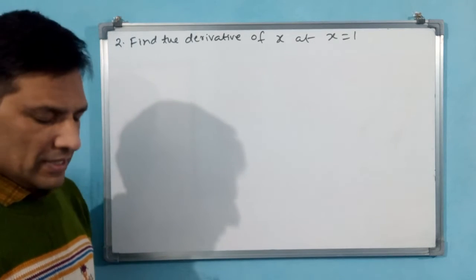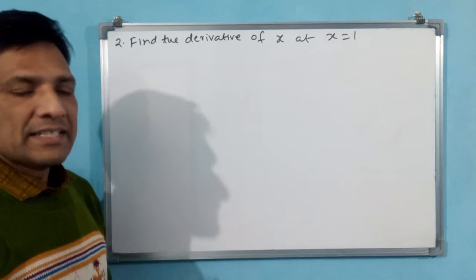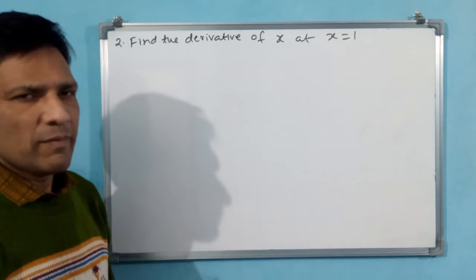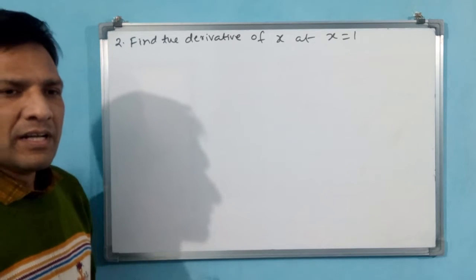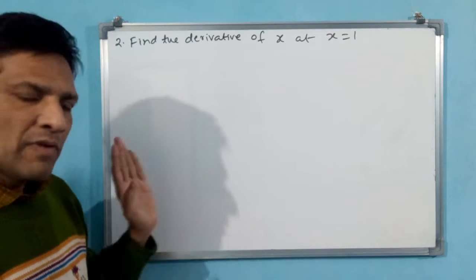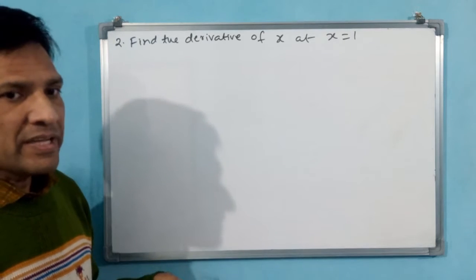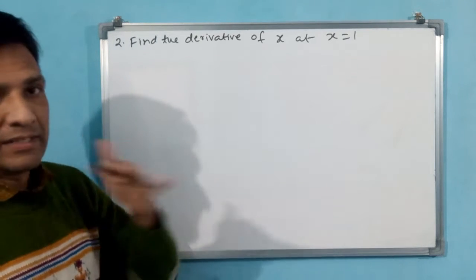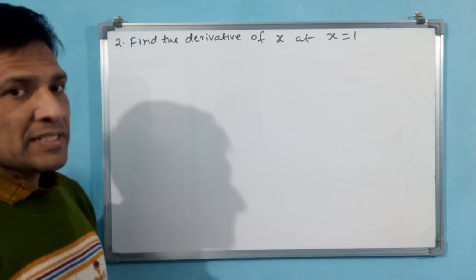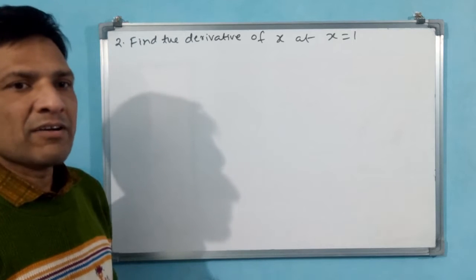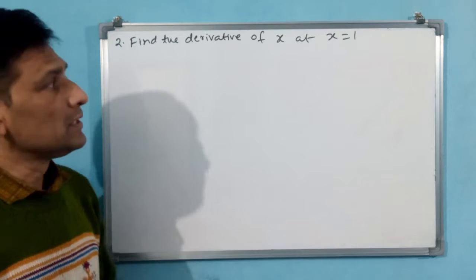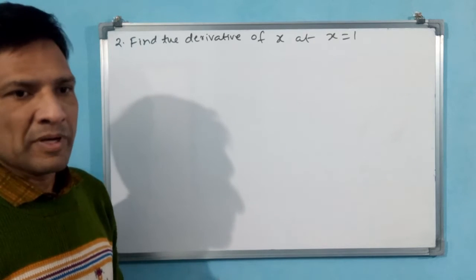That you have to see. What is the derivative of x normally? 1. Why? Because dx by dx is 1. But after making it a derivative, 1 is going to come. After making the derivative only, you have to apply the function. But while applying a function, it has already become a constant function. Constant function means there is no change, there is no variable. The same value will come. That means 1 only will come.